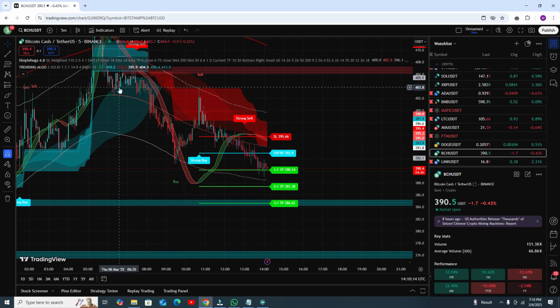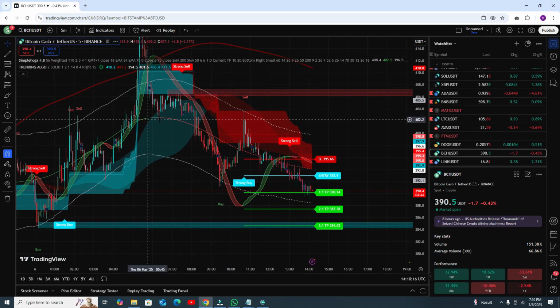So here you can see this indicator will give you strong sell signal, strong buy signal, each and everything. It will give you the entry. Here you can see this one was the entry, that is your stop loss, that is take profit 1 almost hit, then take profit 2 and take profit 3. But it gives you accuracy around 60 to 70%, but I am giving you a better strategy that will give you accuracy of more than 80 to 90%. That is actually very good accuracy.